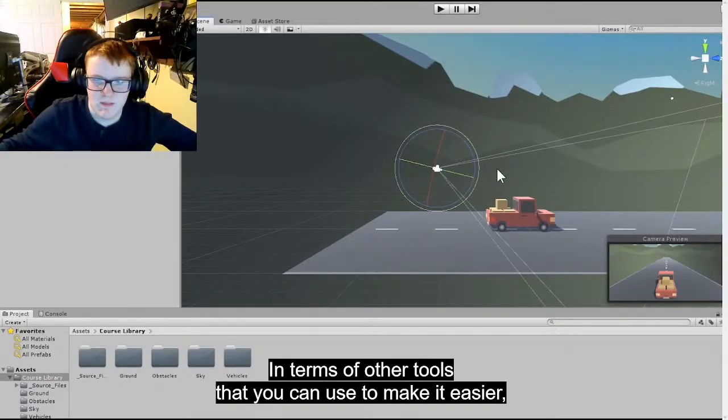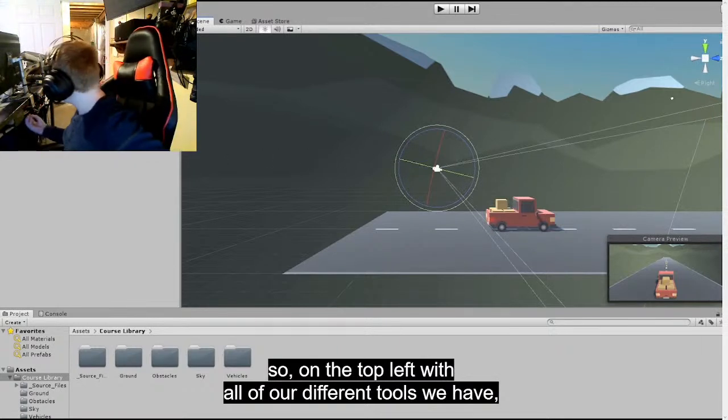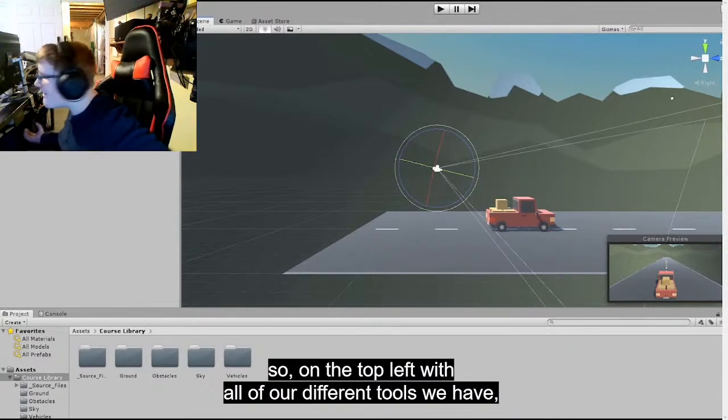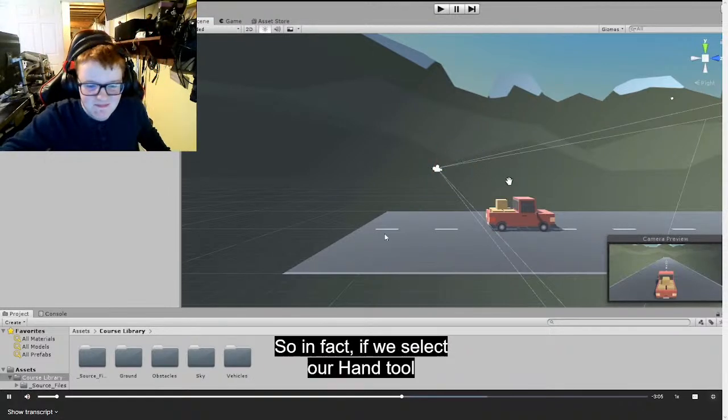In terms of other tools that you can use to make it easier, on the top left with all of our different tools, we have all the way on the left-hand side our hand tool. So in fact,